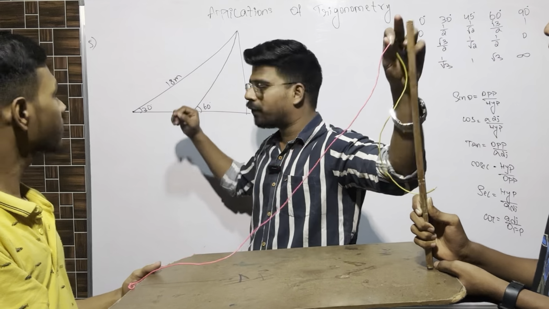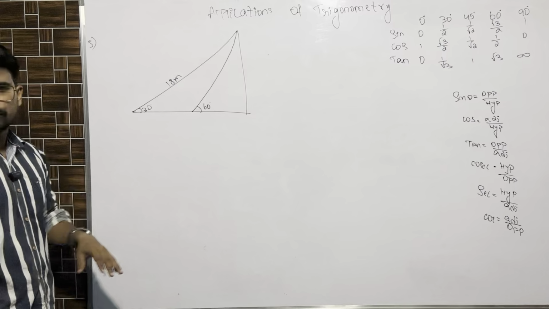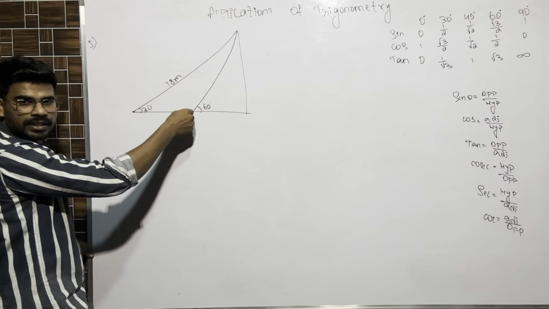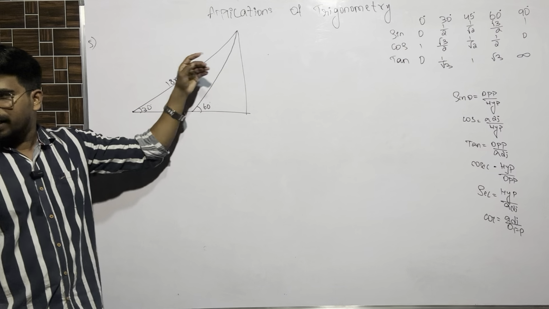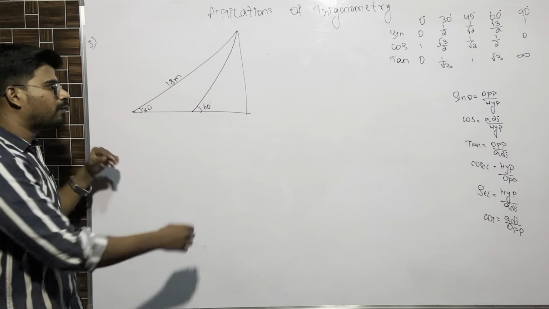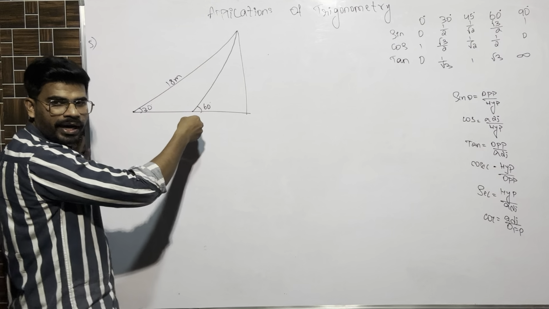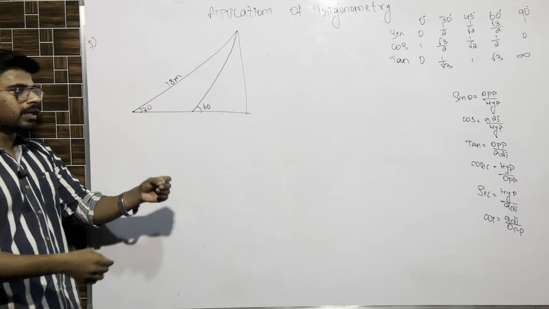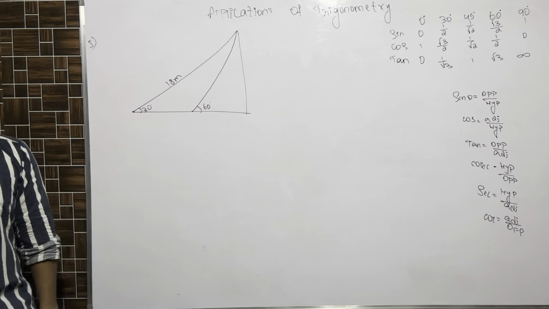Clear? So first of all, what do we do? We have to first find the length of the wire here. Find this length, and we have to subtract this from 18. Subtract this from 18, we'll get how much wire was cut. First of all, the total length was 18. Second case, now we tied it from 30 degree to 60 degree. We have to calculate this length. This is the length of the wire after the second point. We have to find how much amount of wire that got cut. 18 minus this, we'll get the length of the wire that got cut.